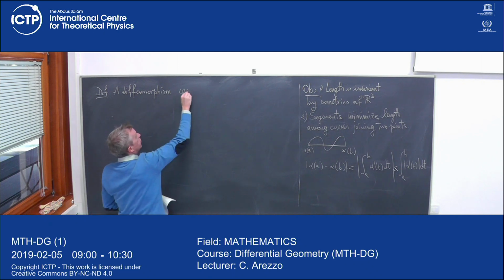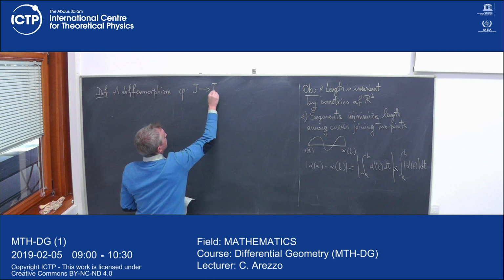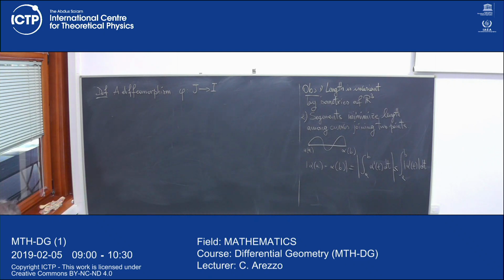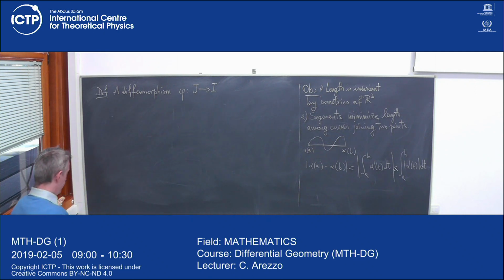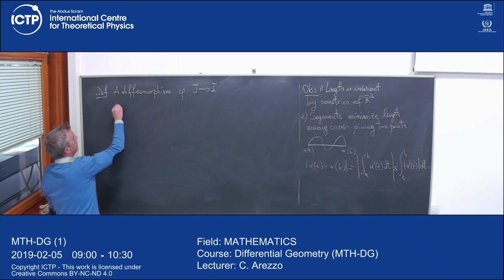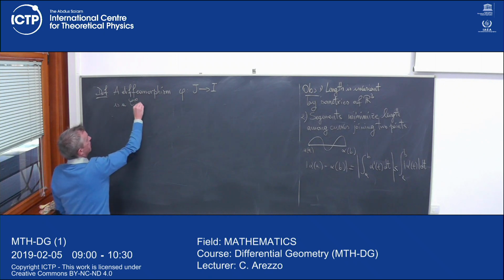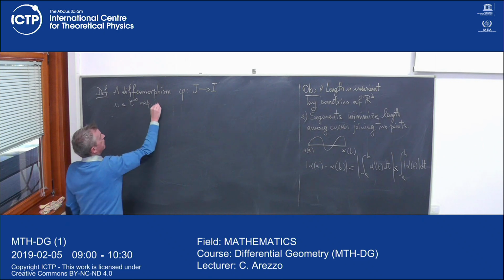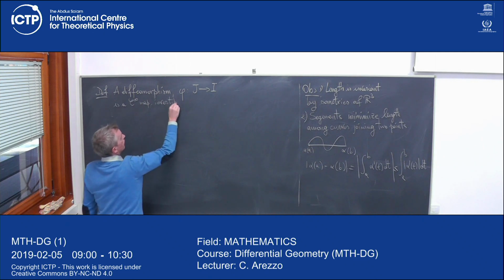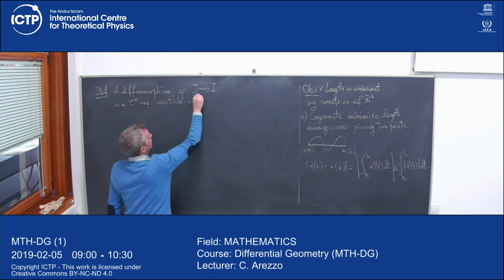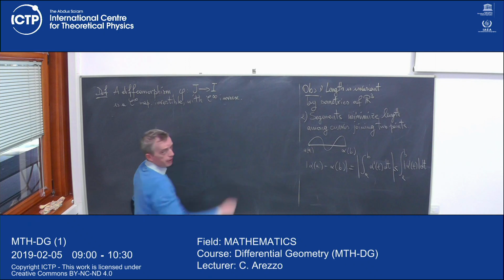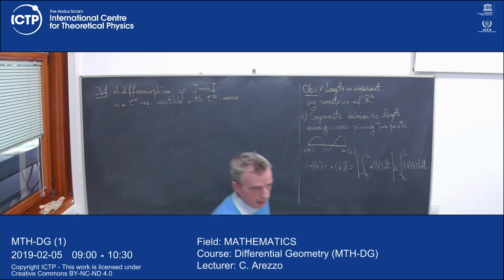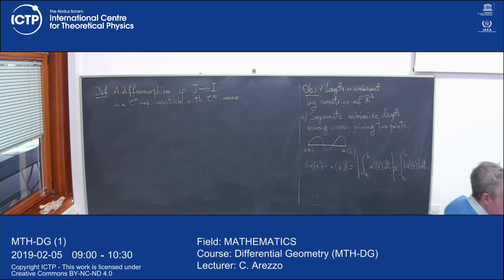now is just between two intervals. But this is a notion that we should start becoming friends with. So these are open intervals. I, J, when I write these letters, these are open intervals. So this is a smooth C infinity map, invertible, with C infinity inverse. So this is like the notion of homeomorphism, but in the C infinity category. So instead of just continuous, I want everything to be smooth.